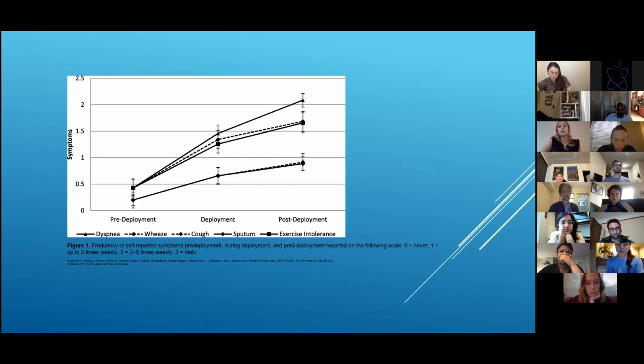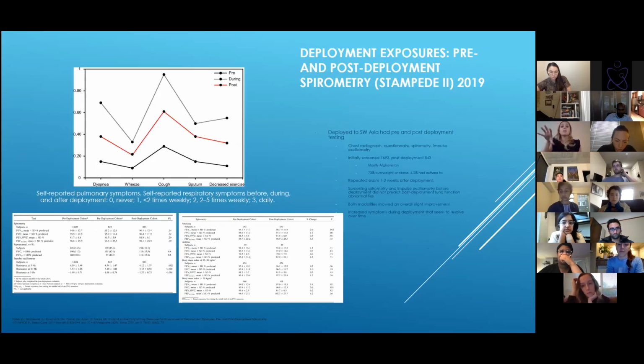So next they started to ask them questions before deployment, during, and after. And as you can see in this graph, these people were still having symptoms after. So the second study was over 1,600, all taken from Texas, from I believe it's Fort Hood. I have it written somewhere. But a lot of